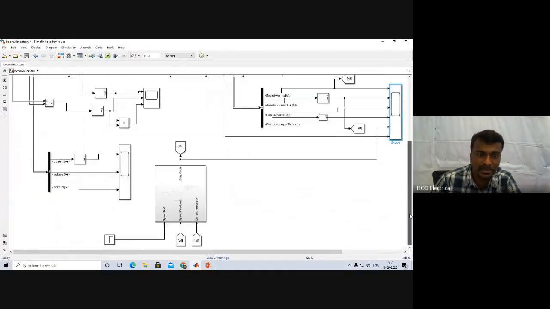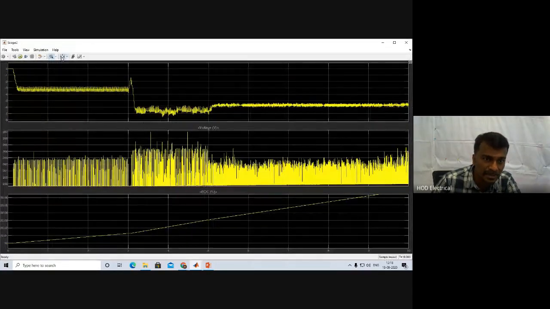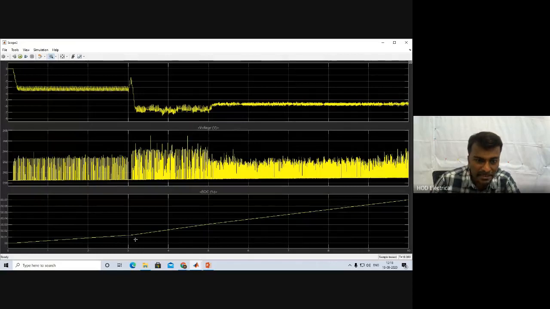Accordingly, if we see the state of charge of the battery, till 3 seconds the power input to the battery is less, so the slope of increase of the state of charge is less. Then from 3 till 10 seconds, the power is more, because the speed is more. So the rate of slope at which the state of charge increases is more. So this is the difference. You can see the slope here.